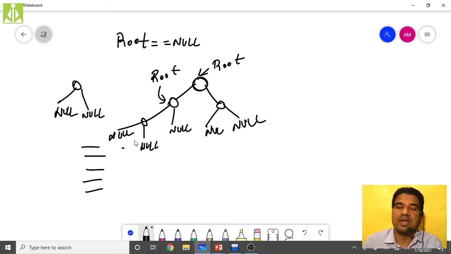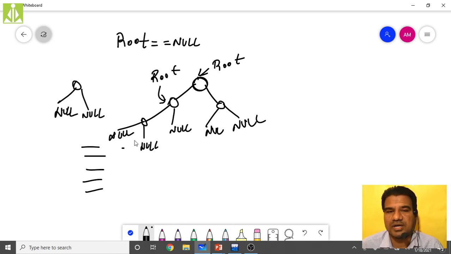At every node, we make that node the root node and we perform the checking operation and insertion operation. Testing for what? Whether the left child is empty or not, we check that first. If the left child is empty, insert the newly created node as the left child. If the left child is not empty, then check the right node. If the right child is empty, insert the newly created node as the right child. If the right child is also not empty, go to the next level.